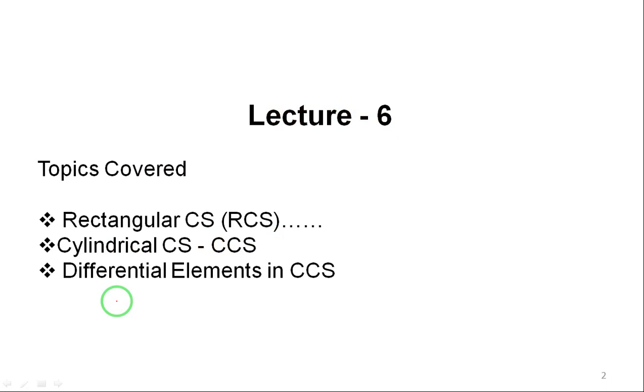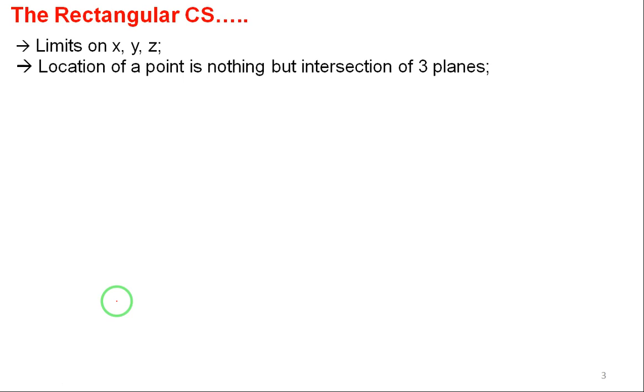Already we have seen the rectangular coordinate system, how to locate the points, how to locate the planes and how many quadrants are there, all those things we have seen. Okay, a bit was left out, I will cover that, and then we will move to the second type of coordinate system, cylindrical coordinate system. Yes, in the rectangular coordinate system we are concentrating on the three-dimensional coordinate system.